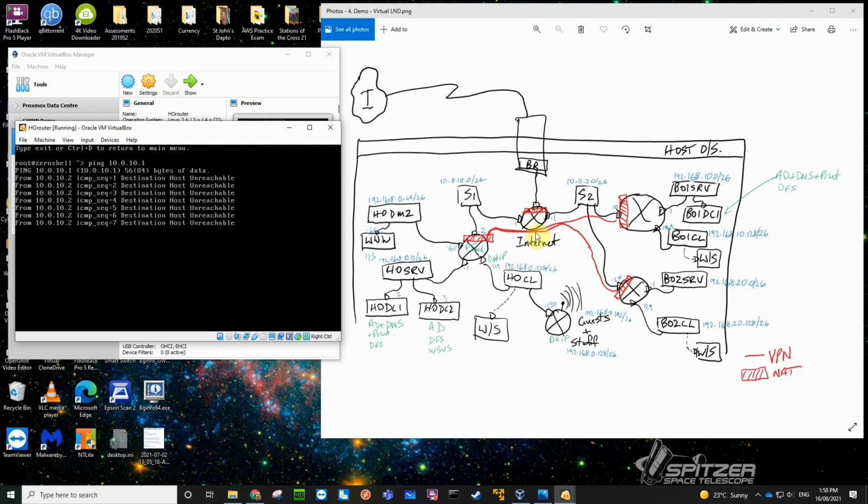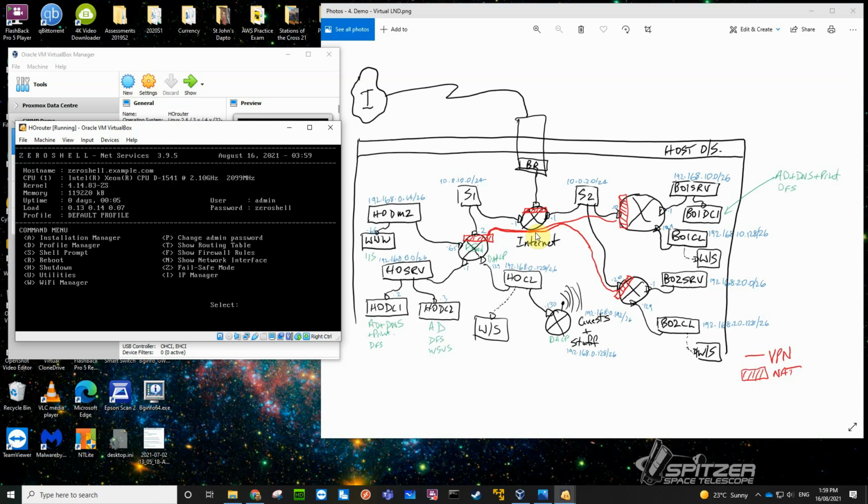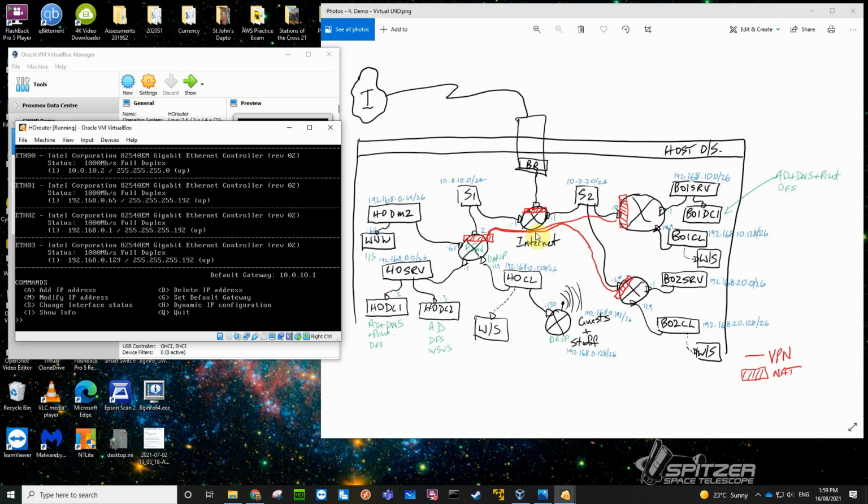Okay, it says host unreachable, Control C. 10.0.10.1, should be right. Okay, let's type in exit. Let's go back to the shell prompt. Sorry, let's go back to the IP manager. 10.0.10.2 is the IP address there, and 10.0.10.1 is correct. Okay, so let's just check that our Ether00